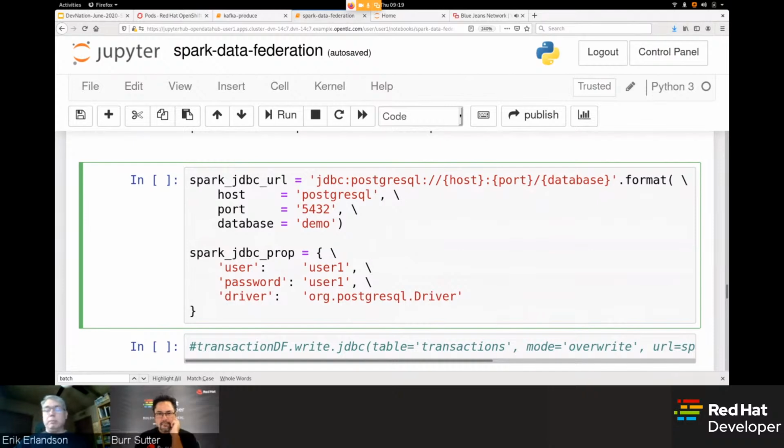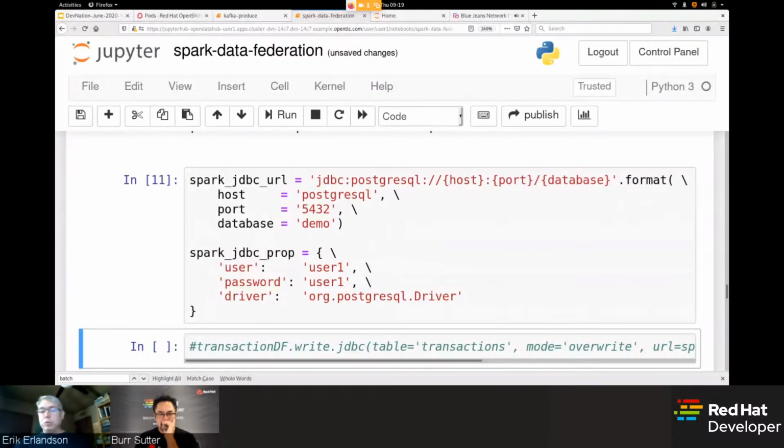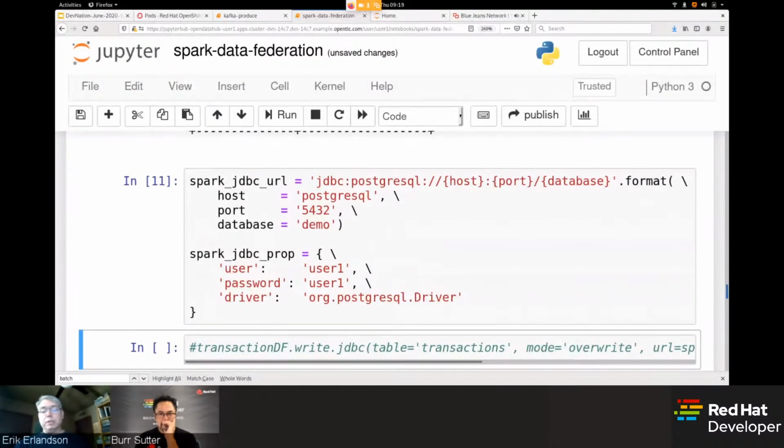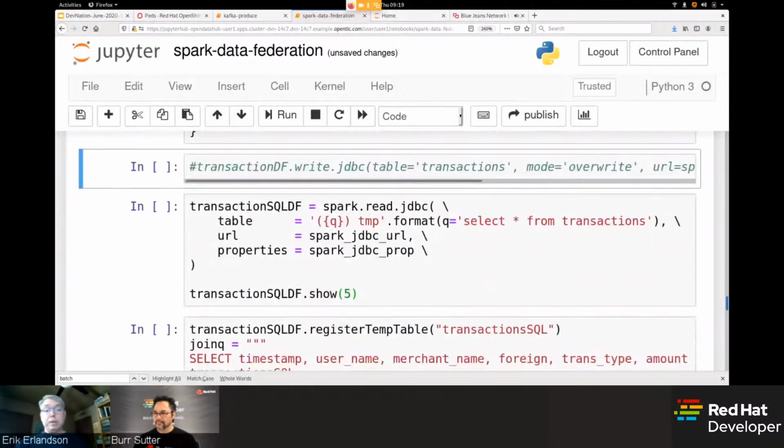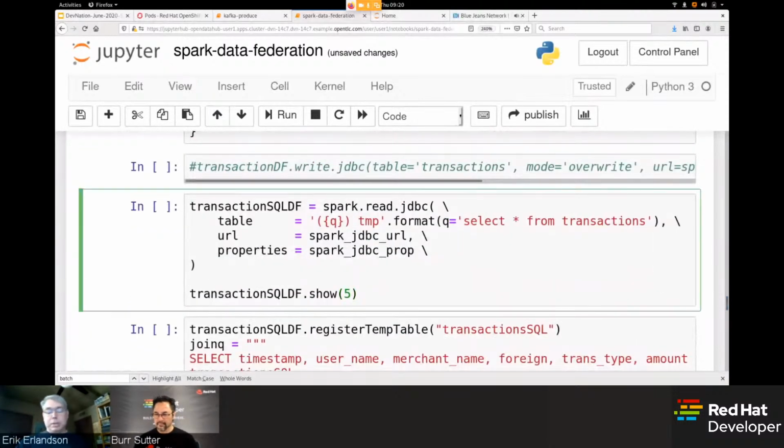I have a blog on next.redhat.com coming out that talks about the details of what it's like to use these JDBC drivers in Spark. And I've loaded the same data into Postgres.